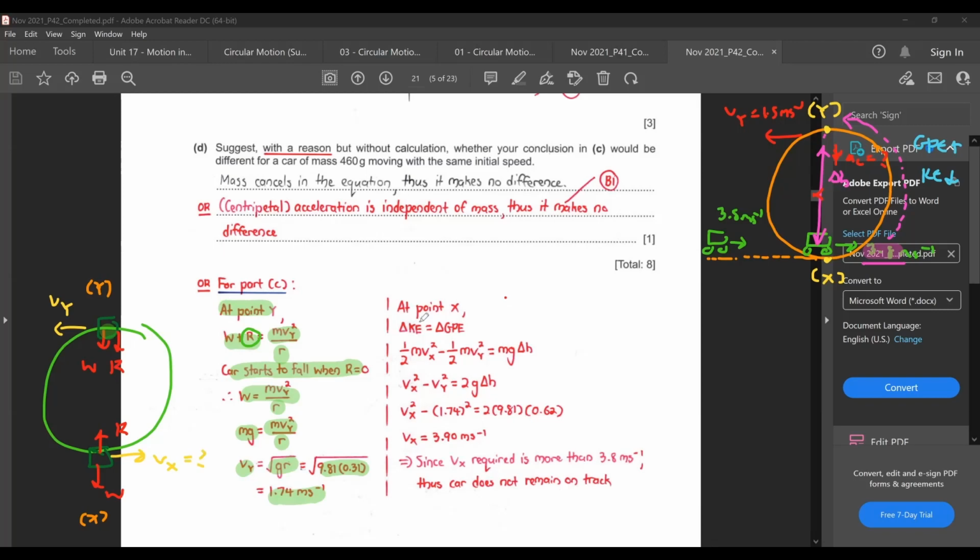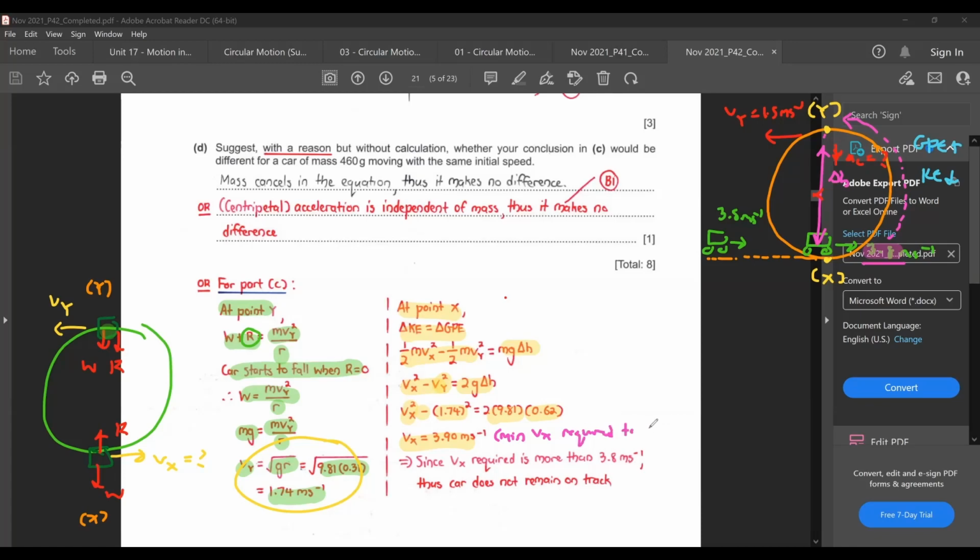So at point X, apply conservation of energy. Loss in KE equals gain in GPE. Simplify: vX squared minus vY squared equals 2gh. The vY that I use here is the vY that I found earlier. So vX squared minus 1.74 squared equals 2 times 9.81 times 0.62. My vX is 3.9. This is the minimum vX